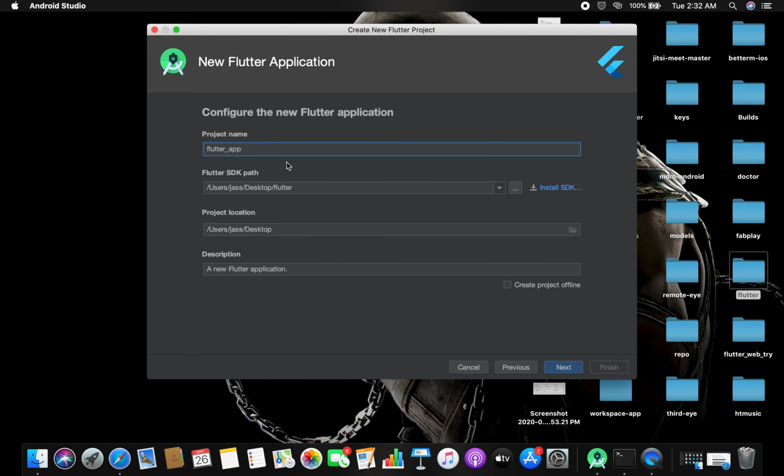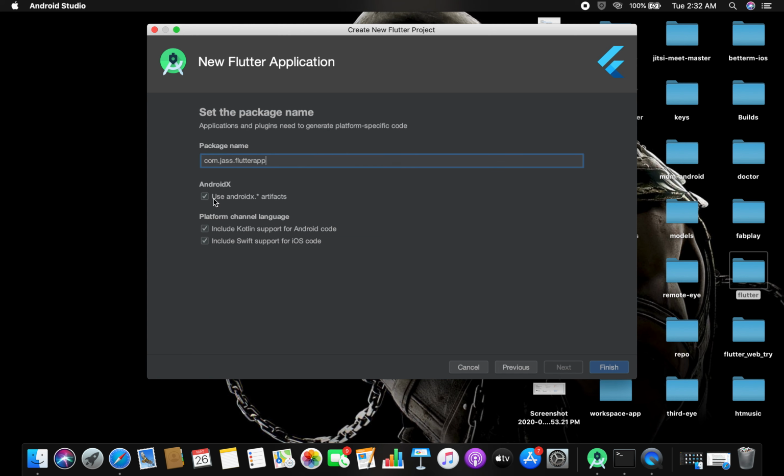Next, this is the name of your project. This is the directory where Flutter is downloaded. Here mine is here, so it will point to this location of your application. Let's see, tutorial first, and the description you can change later on, no worries. Press next. Use Android X. Android X is the latest dependencies for UIs and other stuff which Google has recently launched, so just take it.